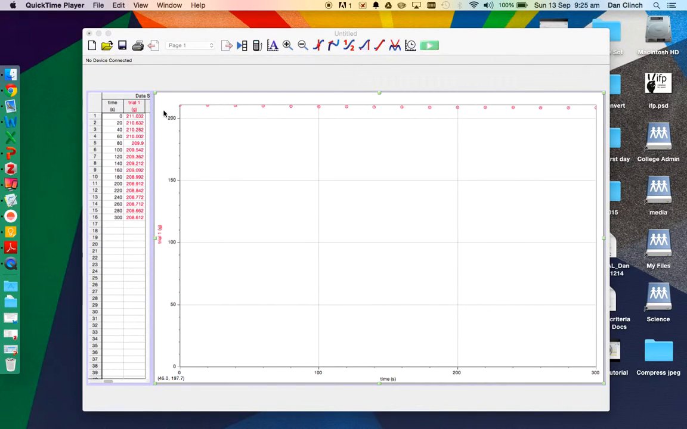So in this video I'll show you how to get multiple sets of data to graph on the same axes, which is probably something lots of people want to do at the moment. Logger Pro's looking pretty hopeless and you're probably thinking you want to go back to graphing on Excel because